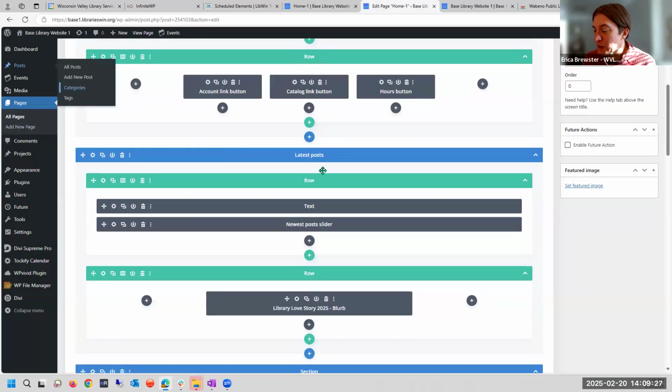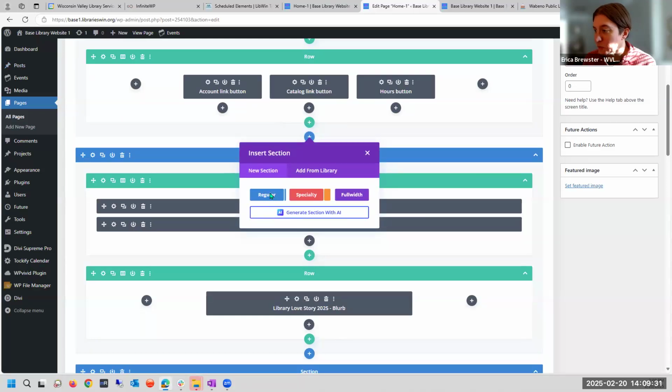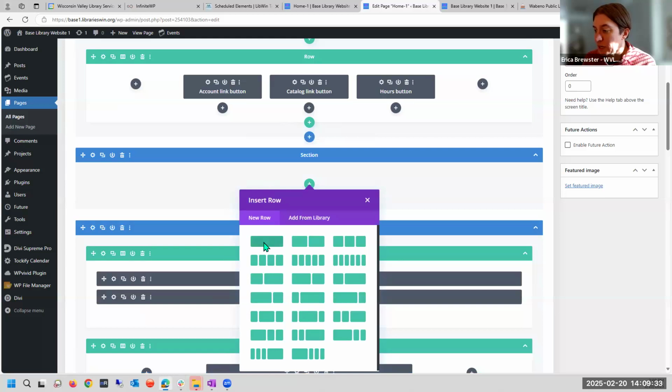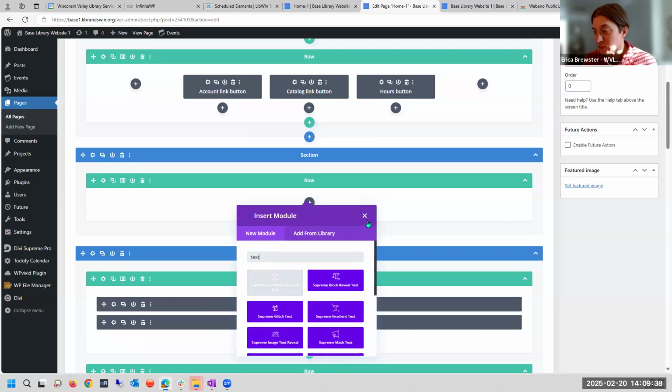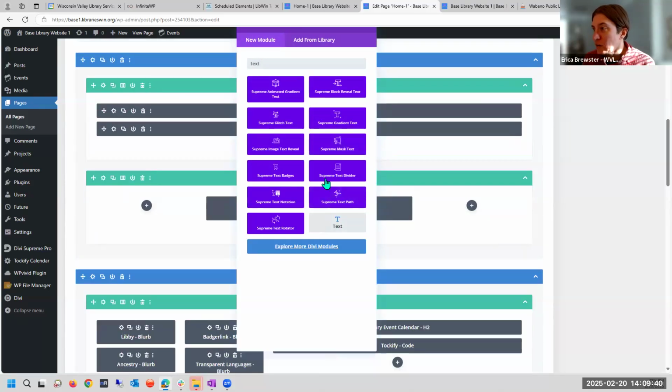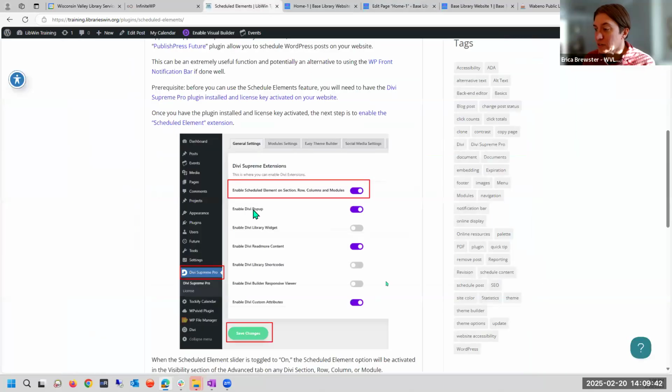And then I have my latest posts. I am going to create a new section. It's just going to be a regular section. And I'm going to add a single width row. And then I am going to add a text box. And I have all of this outlined here